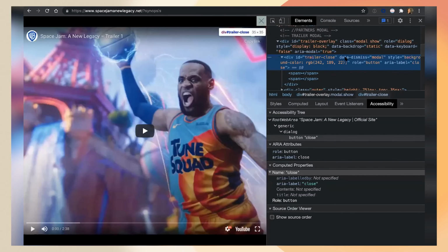That sounds pretty accessible. But as Jenny demonstrated, we can't actually get to it with the keyboard. That's because a div isn't in the tab order. We can fix that with tab index. So the tab index attribute, and we can set that to 0, which means that the element will be added to the tab order based on its location in the DOM. So if we try that out, we can press tab,